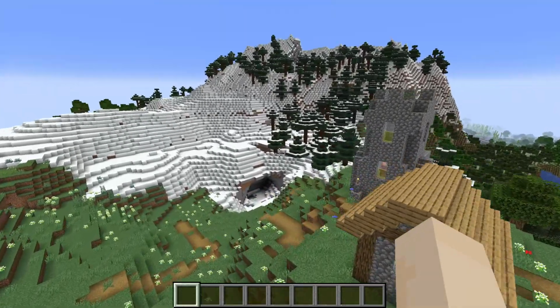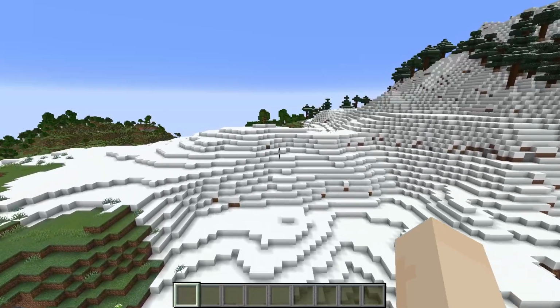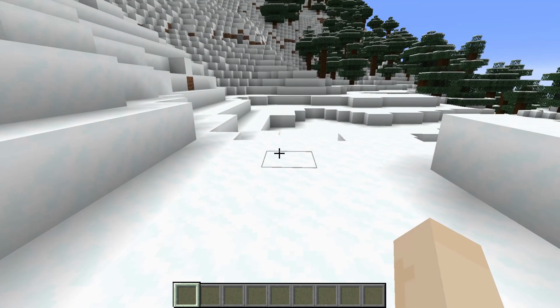But then we've got over here this mountain. Looks like a lot of snow, obviously. See what biome this is. I think this is...